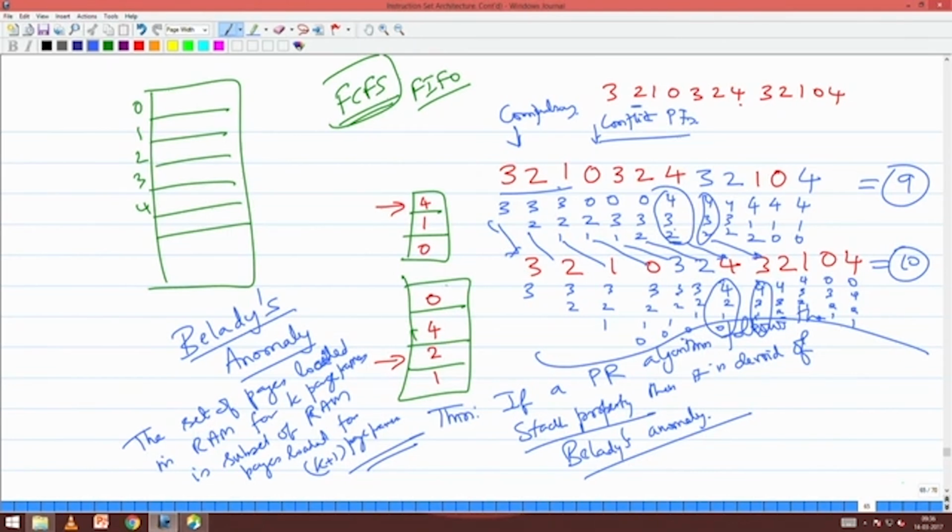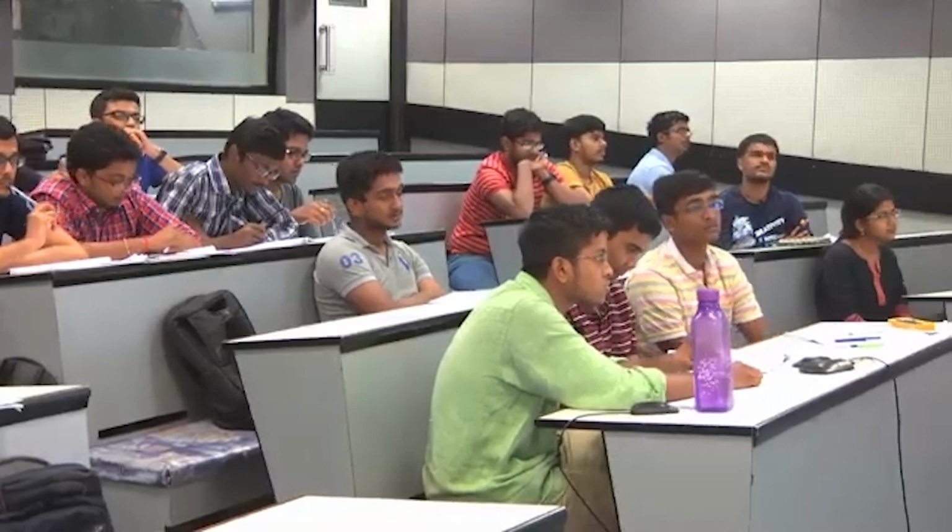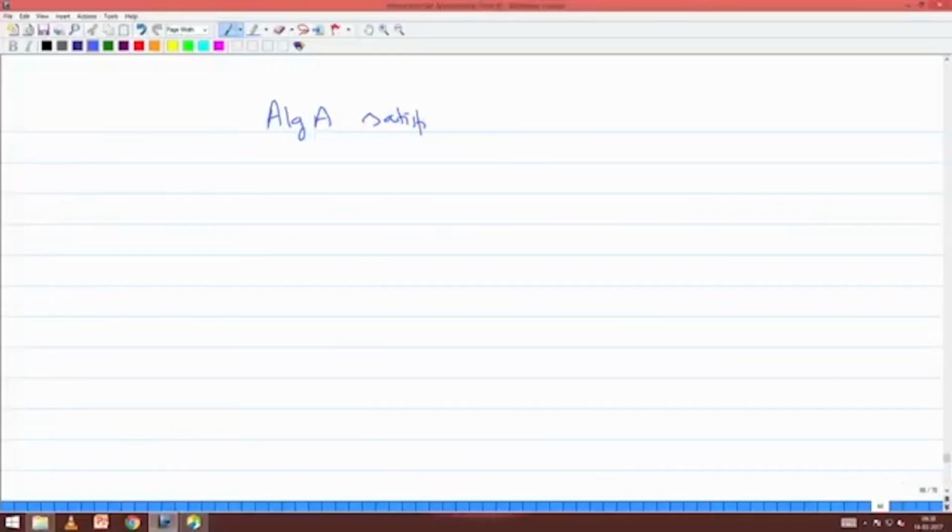Contradiction. Proof by contradiction. Somebody said, now what will you contradict and what will you prove? Proof by contradiction is correct. Suppose it increases. What do you contradict? Suppose the number of page faults increases. So I have algorithm A that satisfies the stack property, but still